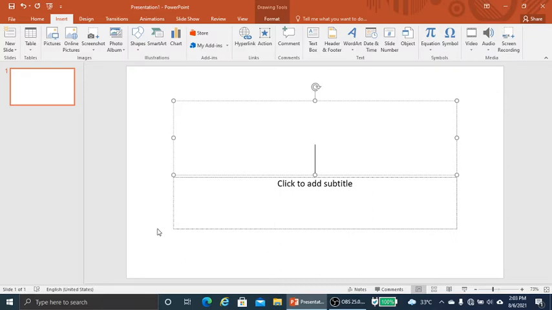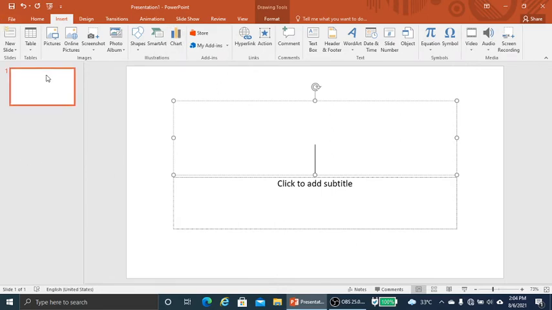Now what are the components of the Microsoft PowerPoint window? This is the ribbon display option, and this is the quick access toolbar. This part is known as the ribbon.